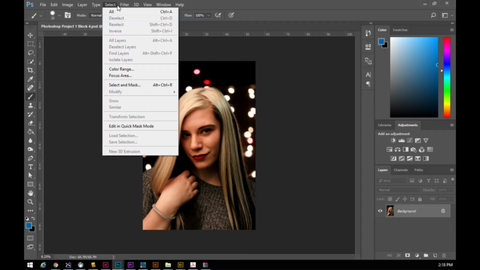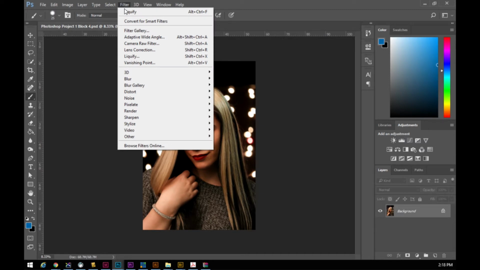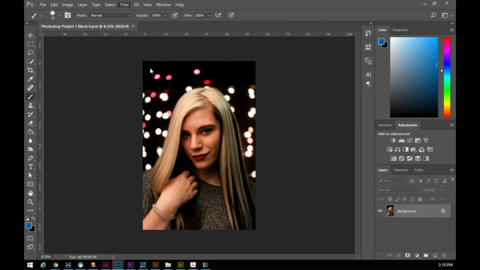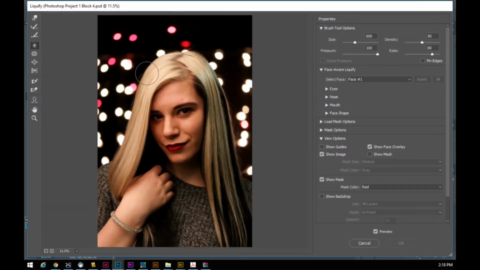So at the top, go to Filter and go to Liquify. It's normally right here. So Filter, Liquify. That's going to bring up a new dialog box. By default, it'll come up with whatever tool you had last selected. The face tool is a new tool in Photoshop. If you select the face tool, it will actually identify the person's face and facial